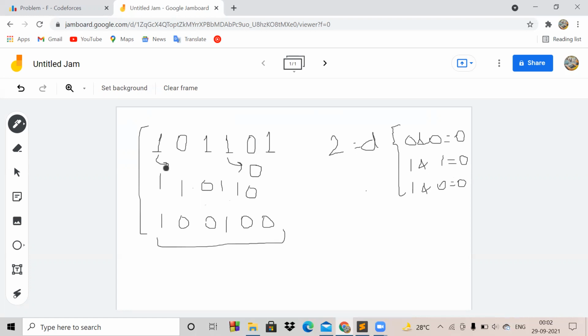In the first step this one becomes 0, and with this 0 in the first step this one becomes 0. So you see that this one and this one are now also zeros, so we have four zeros. And if you analyze more, you will find that these are the same positions, just with a different cyclic shift in both positions. So if you write them in a cycle, you will find that basically these two arrays are the same, because we are just shifting and taking AND, but with the d-th element towards its right.